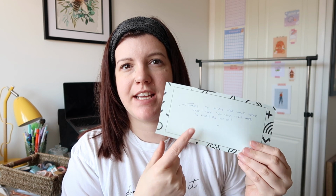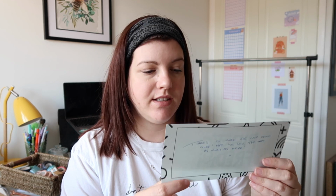Next package I had was from Plastic Freedom. This is the first time I've actually had a handwritten note from them in there, so that's lovely, because I've ordered from them so many times. It's pretty much this company that got me into eco-friendly living and plastic-free living. And they do the coolest paper that has all their plastic freedom written over it. But from them I've ordered